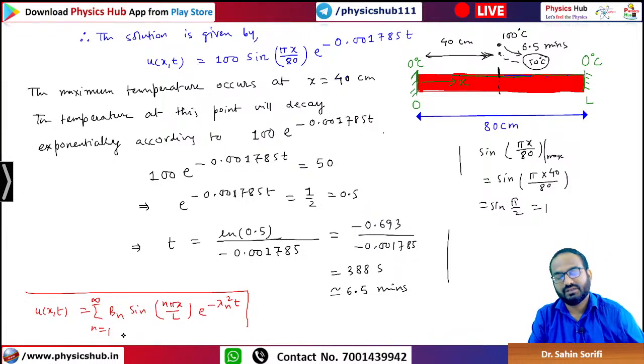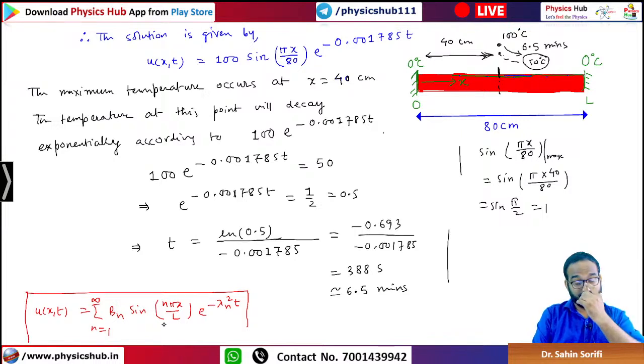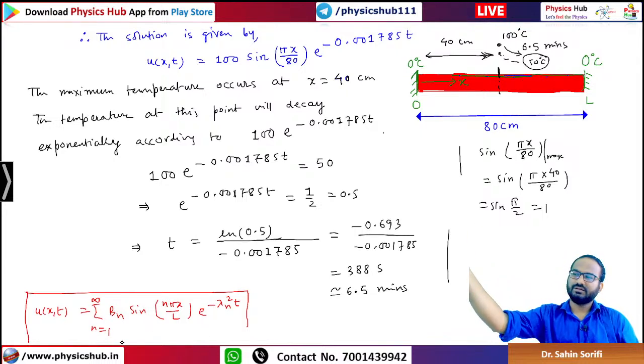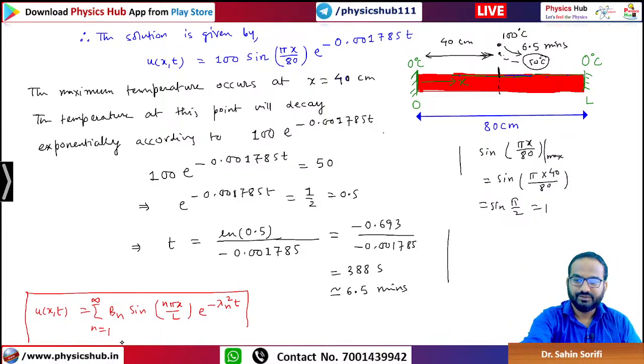If n equals to 2, then it will become sin 2 pi x by l, n equals to 3, sin 3 pi x by l. Actually the overall solution consists of all the terms b1, b2, b3 up to infinity. So as you reach higher terms, the falling of temperature will be quick. Let me give you a